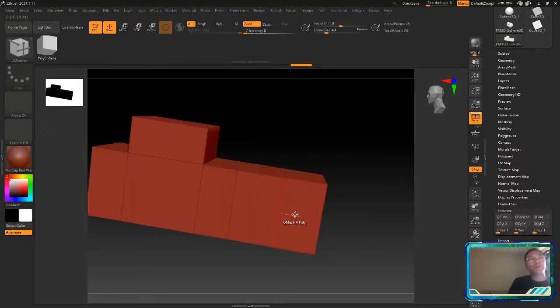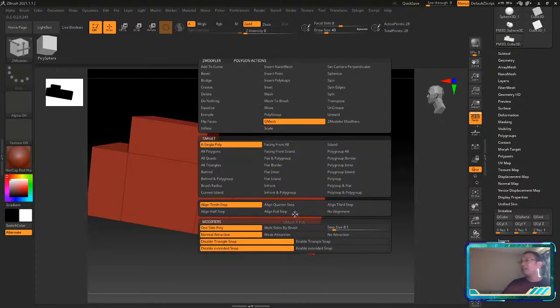So when you hit the space bar inside the ZModeler brush, and again, I'm going through this quick. There's a further lecture later on down the line where I walk through this step by step and teach you. It's just to show you what it's capable of, right? So in the ZModeler polygon actions, I can Q mesh a single poly and I can have things snap to,